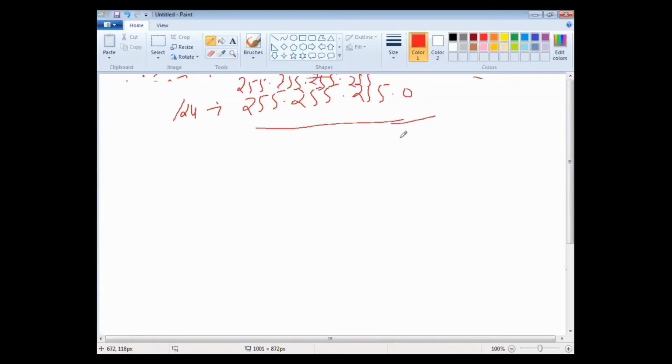If you subtract that, you will get 0.0.0.255. So that is how we can calculate the wildcard mask. I believe you all know about that.